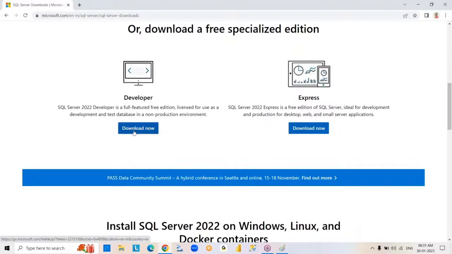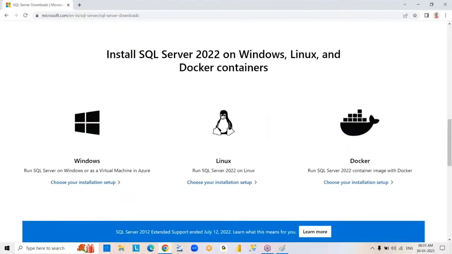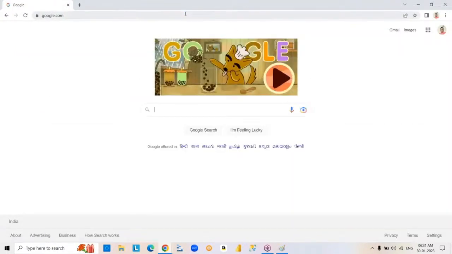If you click on this download button, download under developer, but not Express. See that here it is showing developer edition, Express edition. Even this developer edition is also a trial version for us, practice purpose only. Okay. So you can download it and install. Okay. Now, an installation video I will share. Next, after completion of the SQL Server installation,